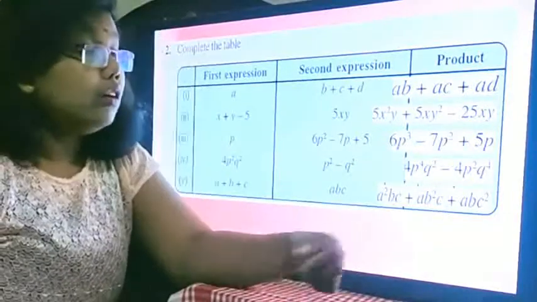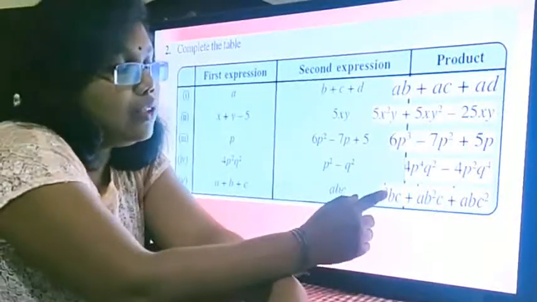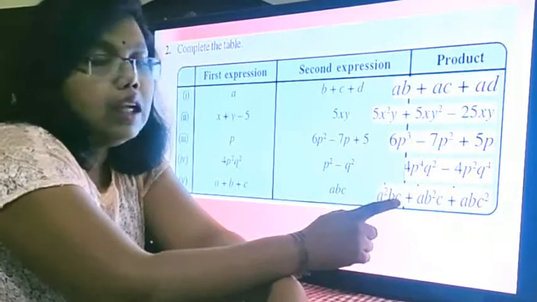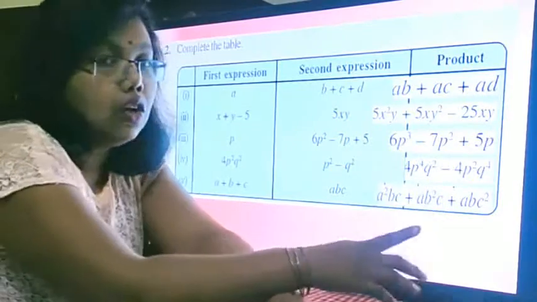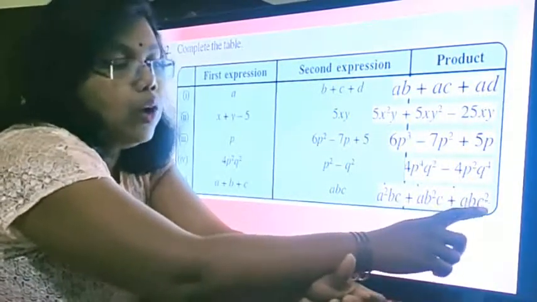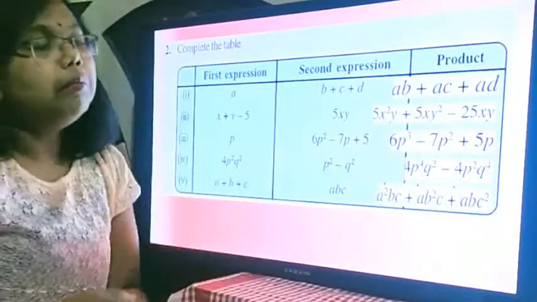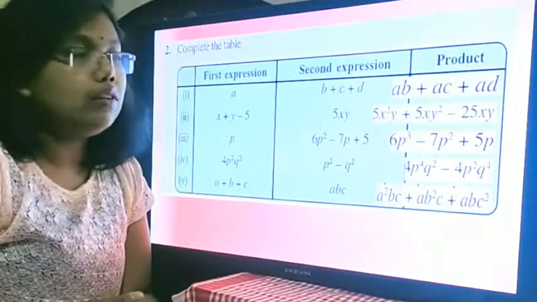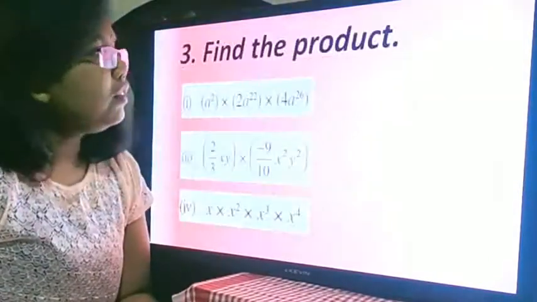Now here the thing that we should remember is the square is with a alone. B and c are not squared. Here the square is with b alone. A and c are not squared. In the third one, only c is squared, while a and b are not squared. So individual terms having different powers are different variables, and that must be remembered.